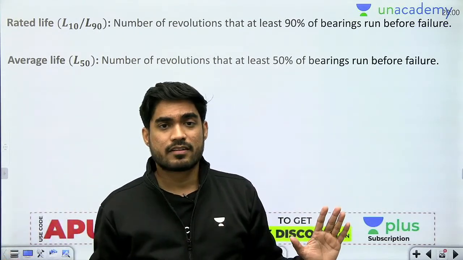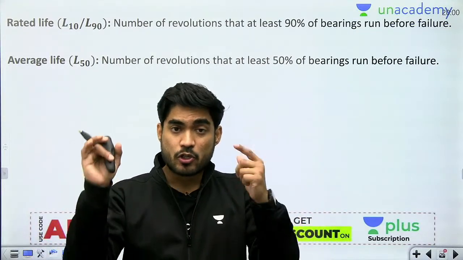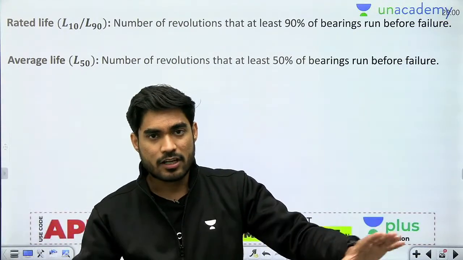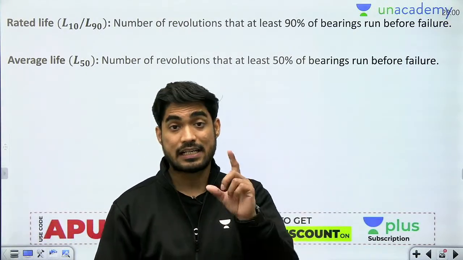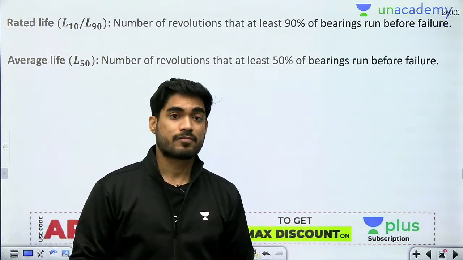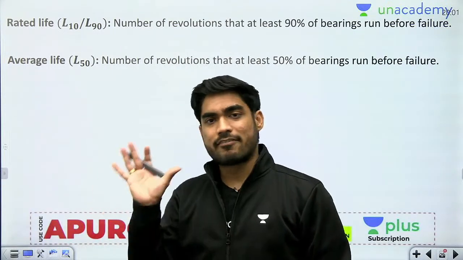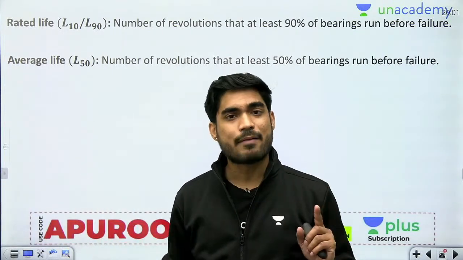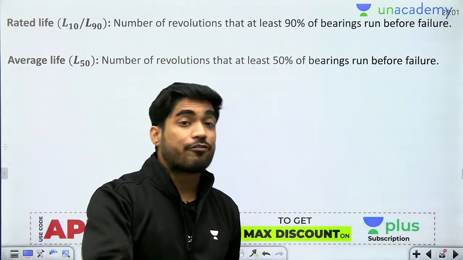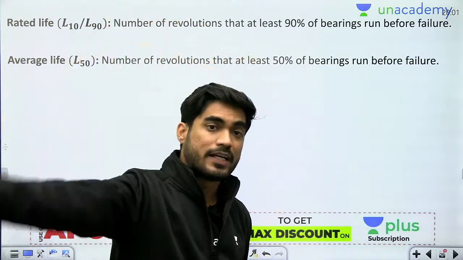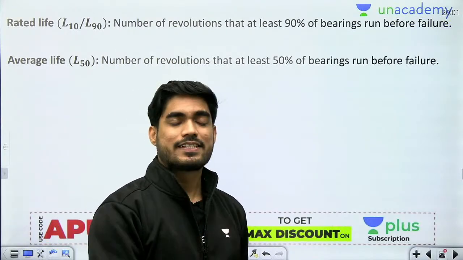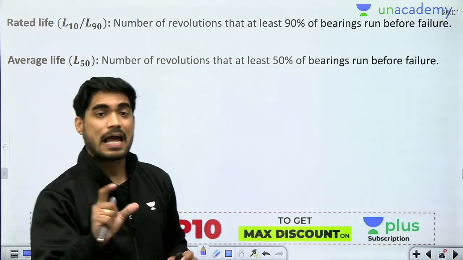which means the data that I am giving you is 90% reliable. So let's say you are using these bearings in 10 machines. At least 90% will be safe, but 10% might fail. So beta, whatever life of bearing we calculate is not 100% reliable, because we are only testing a few bearings and predicting the life of all bearings. It is not possible for us to predict the life of each and every bearing separately. So that's why whatever life is calculated has some reliability.